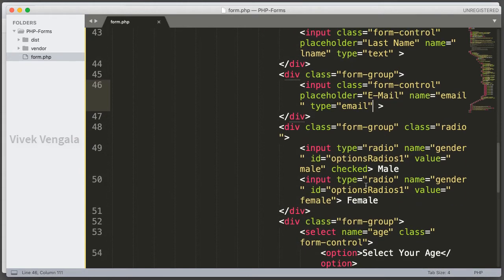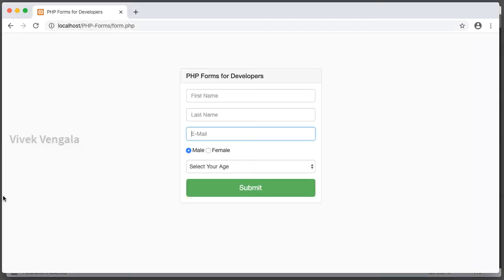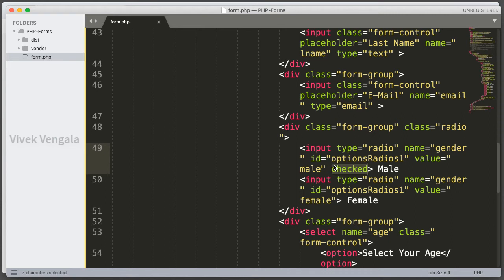We'll see that. And here is this for radio buttons, input type radio, name gender, and value. We can add IDs and classes for all these input fields. Here we have added a class, and here it's an ID. So if you are using JavaScript or jQuery to read these values, you can use IDs, or for styling also you can use them, and a value attribute. Here it's male, and checked attribute is for selecting this radio button. By default this radio button is selected because the checked attribute is applied for this first radio button.